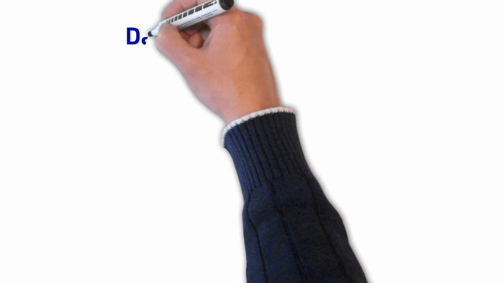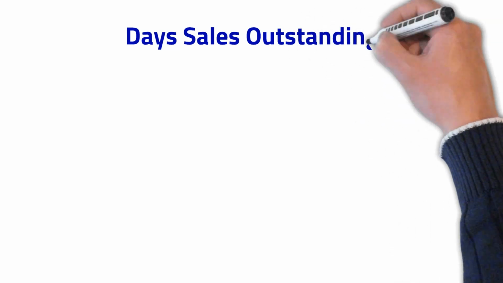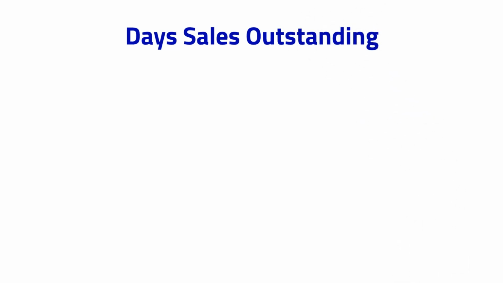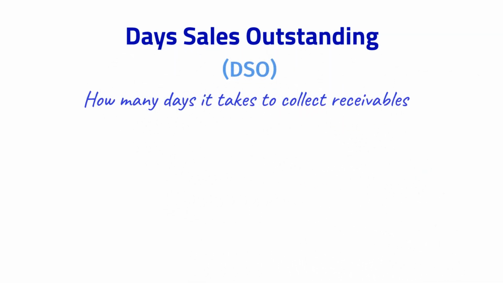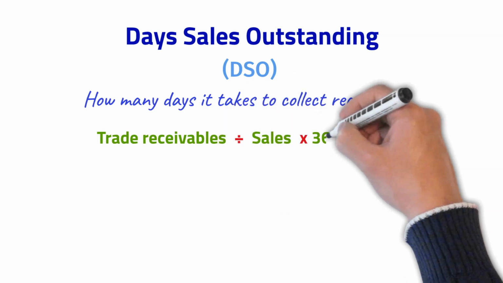What are the key KPIs for net working capital? To analyze working capital, we use three key metrics, which are days of something outstanding. Let's start with DSOs, days sales outstanding. These mean how long customers take to pay and are calculated as trade receivables divided by annual revenue multiplied by